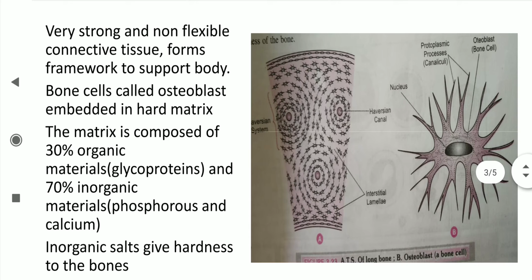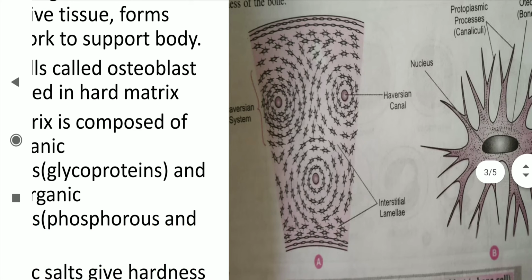Okay, children. Osteoblasts are embedded in a firm calcified matrix. The osteoblasts are contained in lacunae. Lacunae means spaces. You are seeing the spaces between two osteoblasts, which are arranged in concentric circles. Throughout the matrix the spaces are there. The lacunae are also traversed by nerves and blood vessels.